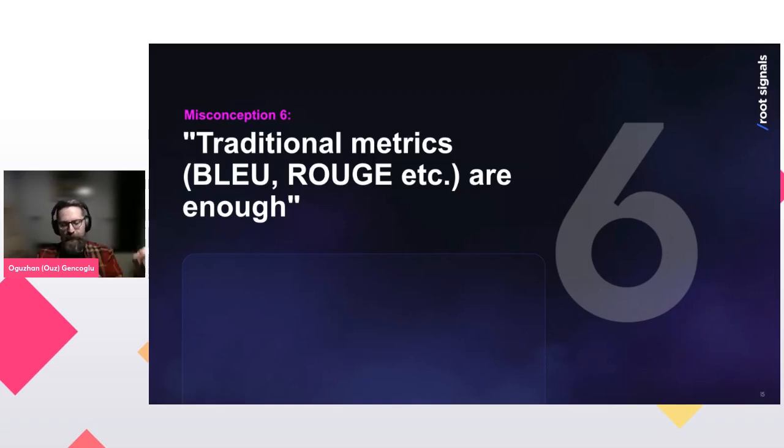Misconception number 6, which is that traditional metrics coming from natural language processing are enough. These are things like BLEU scores, ROUGE, cosine distances of embeddings, and things of that sort. These are not new, or at least they are variations and variants of that. And we realized that in reality, these cannot capture the intricacies, the difficulties, complex nature, and slightly abstract nature of things